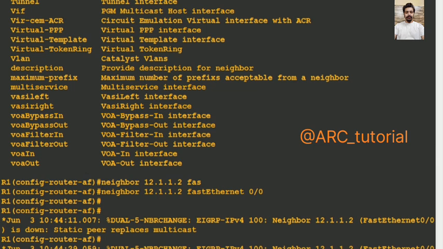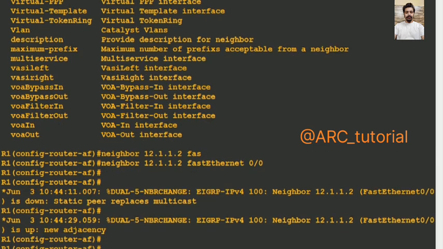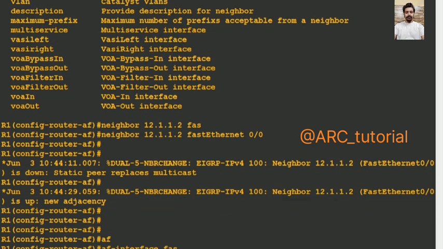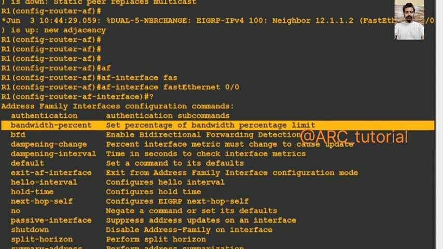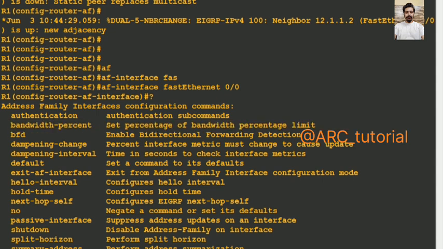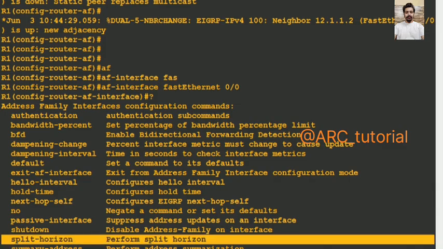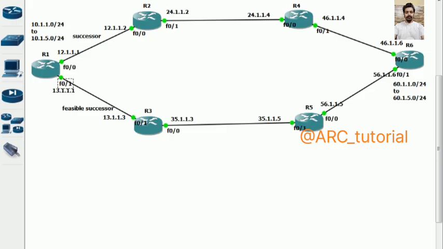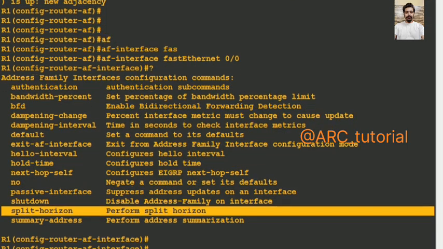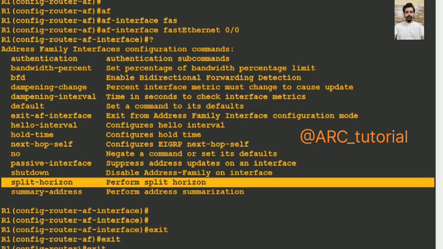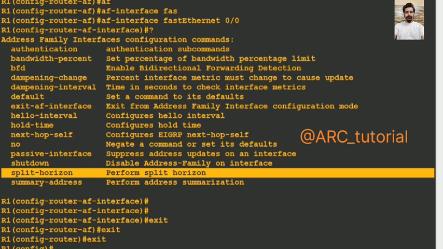I taught you how to perform summarization. I have taught you how to configure route filtering and all these things, right? Then do one thing, you can also move under interface mode as well, and then you can press enter. So here you can configure authentication, bandwidth percent is also there, is it not? Then hello interval is there, hold time is there, next hop, split horizon is also there. So if you want to disable split horizon here, if you are required to disable split horizon, and if you go to your physical interface this time and you say IP,